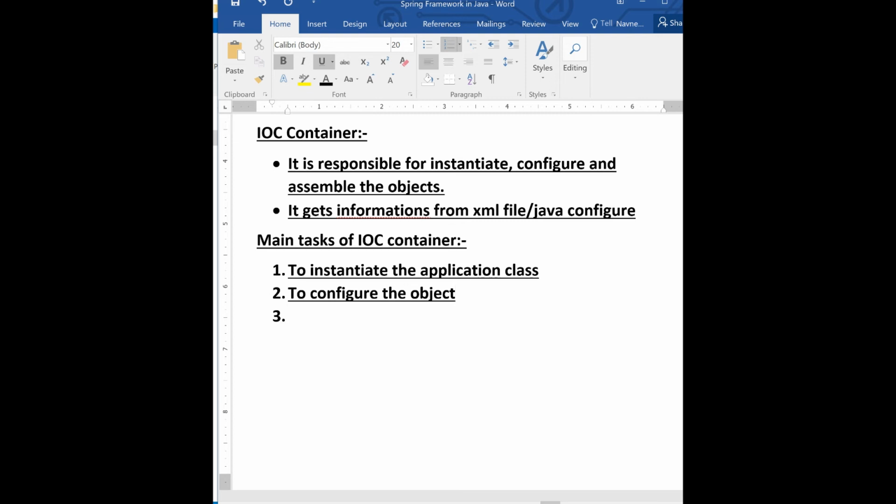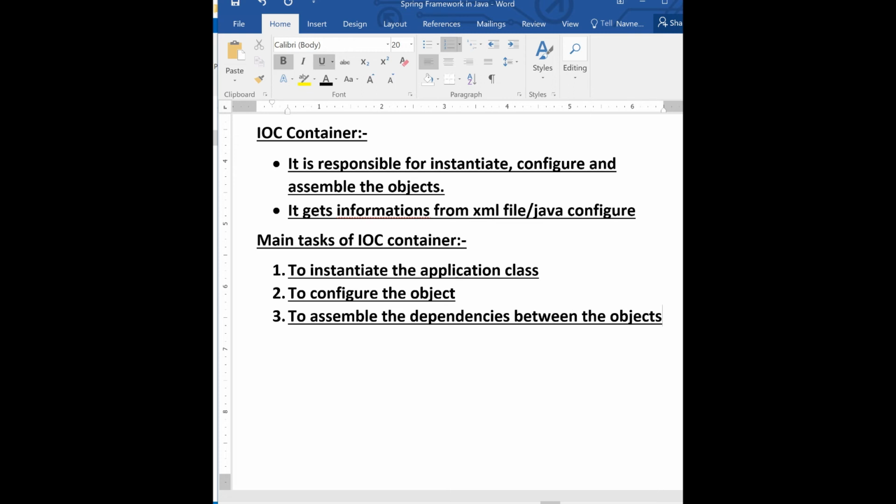And the third one is used to assemble the dependencies between the different objects. You can get these points from the Spring documentation and understand these things, or you can stay here and learn as much as I can explain.